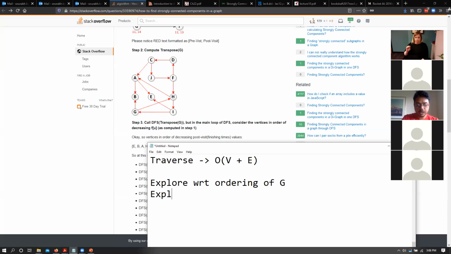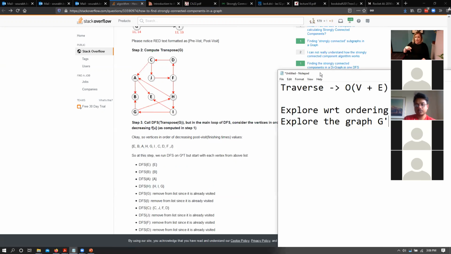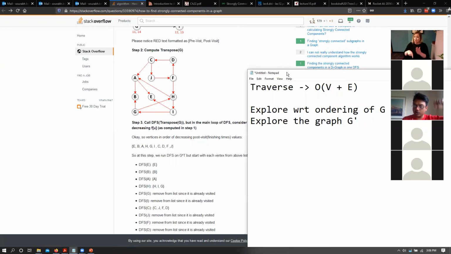But we are going to explore the graph G transpose. Okay, so this is what we need to do, because we need to first figure out the ordering, and once